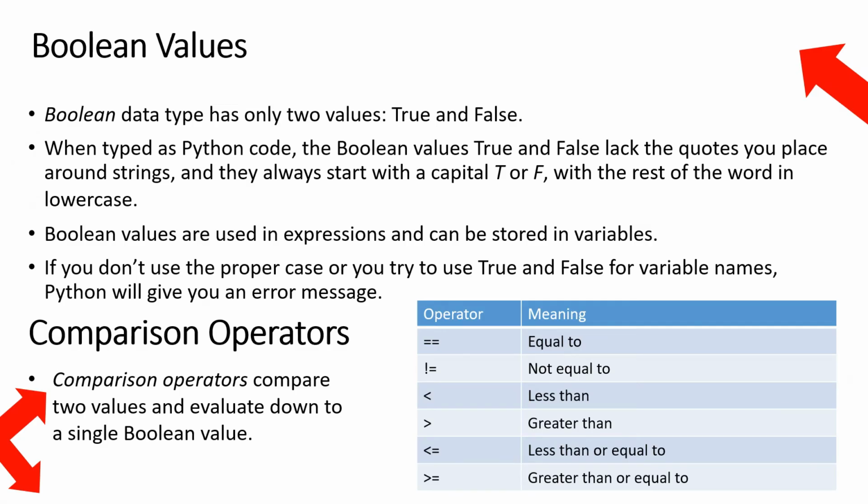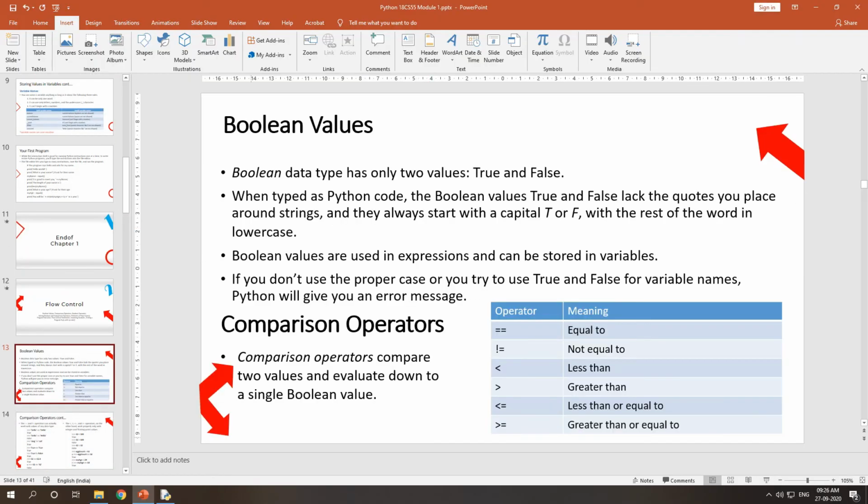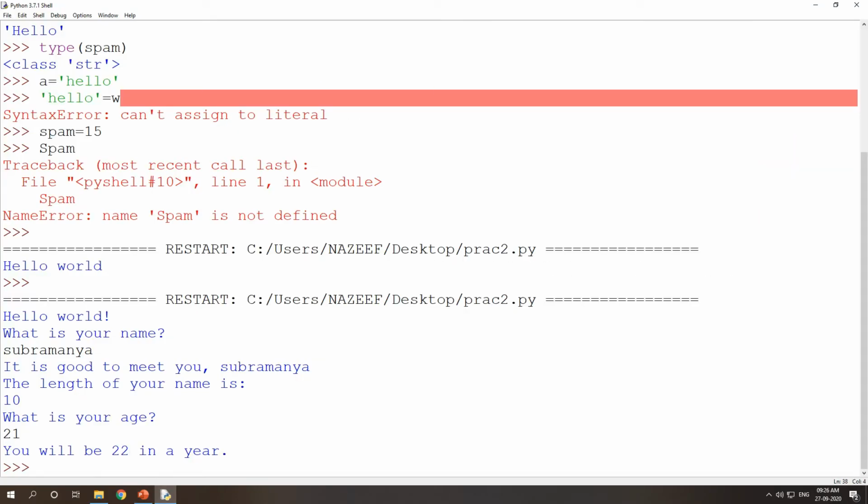So in Python there are only two boolean values, that is True and False. If you want to assign any variable a True value or a False value, suppose in the shell I am writing a is equal to capital T True. See, no need to mention this True under quotes. If you are mentioning it like this, it actually becomes a string. This True becomes a string, not a boolean value.